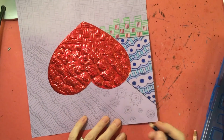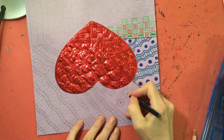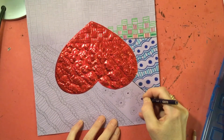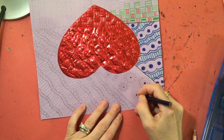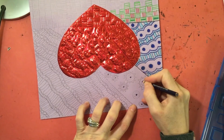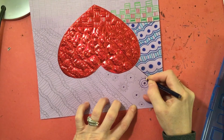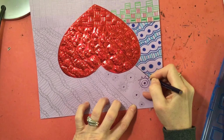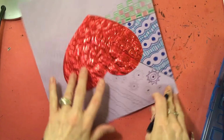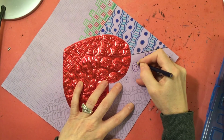in. So for example, and I can show you, so for this one, I'm going to use this dark violet. And so I'm going to outline these inner circles with the violet. I'm going to press nice and hard. And then what I'm going to do is I'm going to actually outline all of the circles and even the... okay, and then I'm going to go ahead and do this for this one, this one,